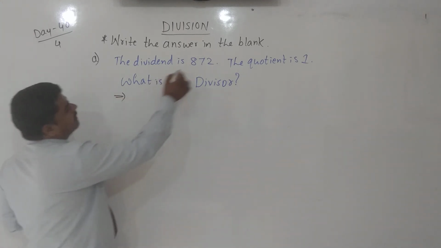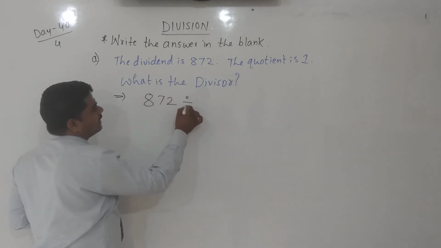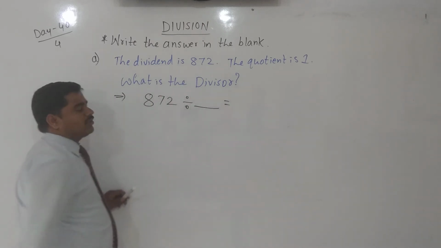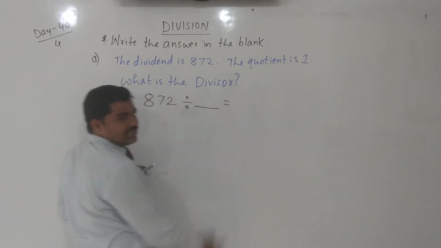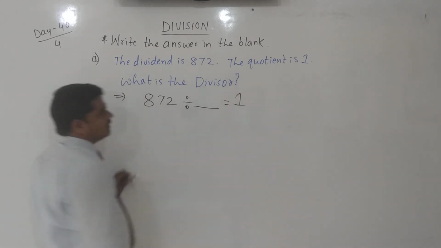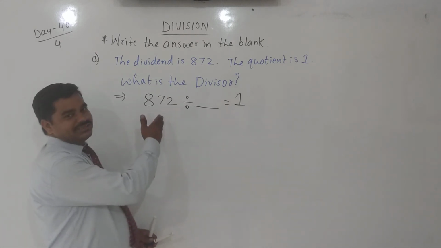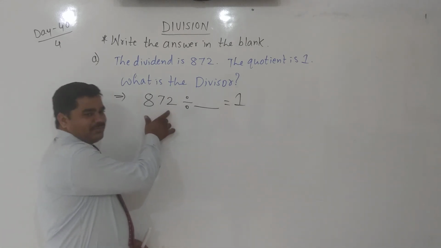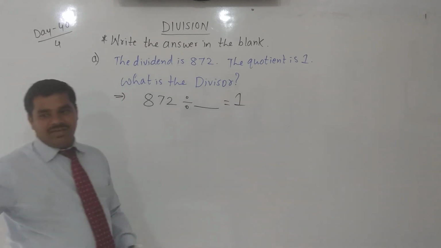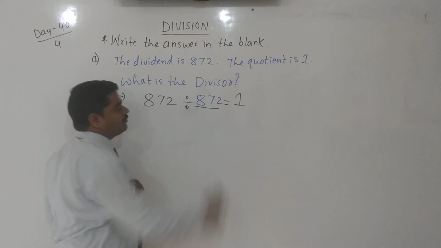Example first. Write the dividend 872 divided by, divisor we don't know. We don't know what the divisor is, but after the equals sign, on the right side, we know that the quotient is 1. Then what should be the number here? You know this property. Which property? Yes, when any number is divided by itself, the quotient is 1. 872 you divided by